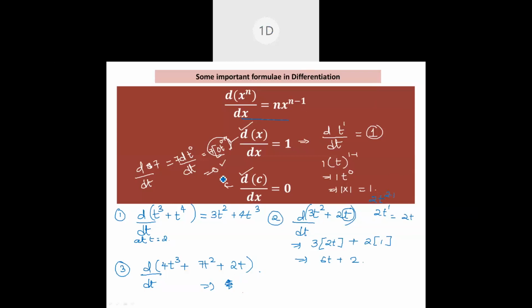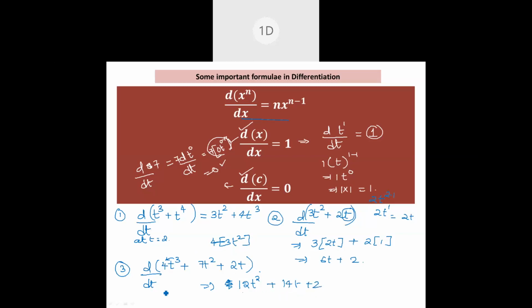Okay, guys, I want you to level up a little bit. Till now, you're able to do it correctly. You're going fine. Little more level up. Whenever a constant is there, directly multiply. So next time onwards, tell me, ma'am, 12t square. You're saying 4 into 3t square. Let's be quicker by multiplying these also. 12t square plus 14t plus 2.